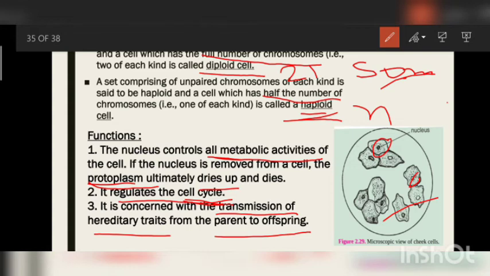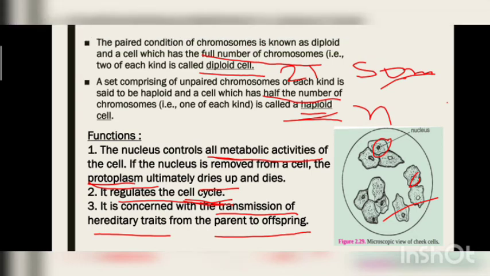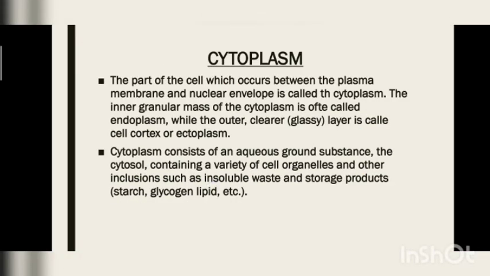First example is the mammalian RBC, and the second, in plant cells, is sieve tubes. Sieve tubes are a type of cell present in the phloem tissue. In phloem, sieve tubes are the cells which do not contain any nucleus. So this is the second part of the structure of the cell. Understood? Now, moving to the third main structure, called